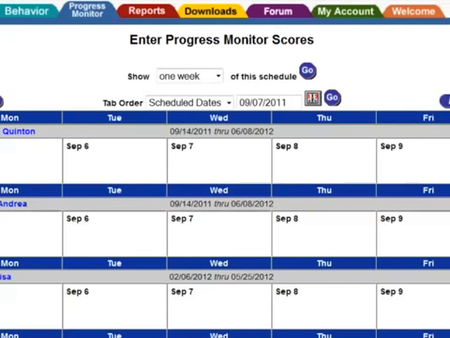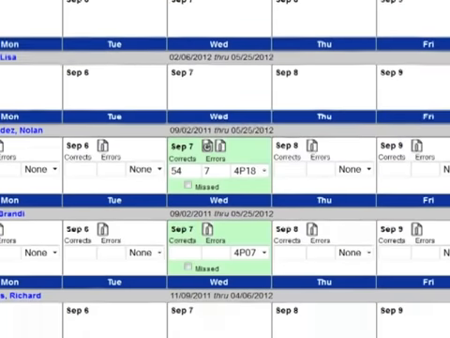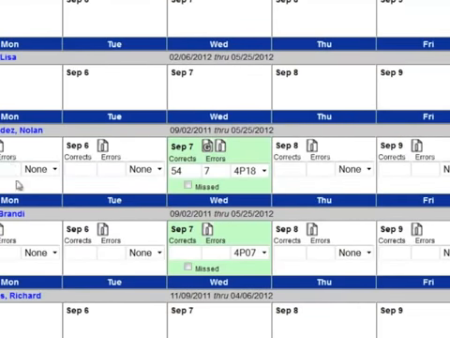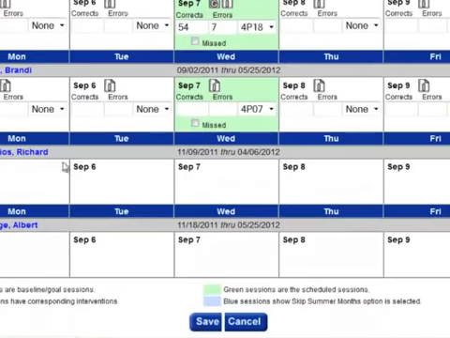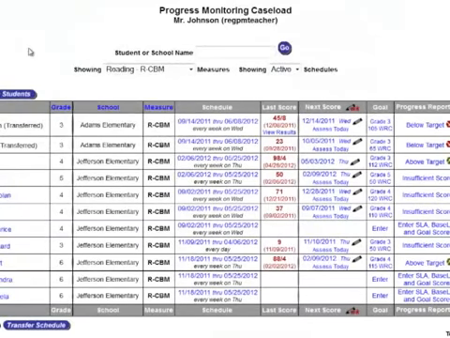Some student schedules in this sample are already complete. You can see that at the top. However, as I scroll down, you'll see that other student schedules that I'm still monitoring show up here. And so I can literally type in scores for those students all on one page, and including any date across the week. Once I'm finished, I click Save, and all my data are entered for that week,